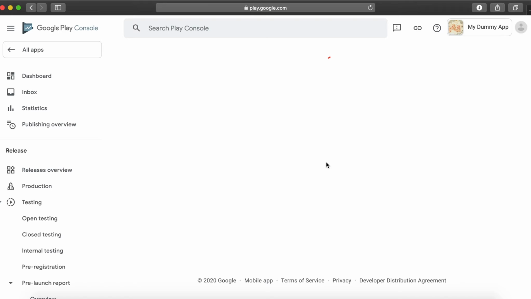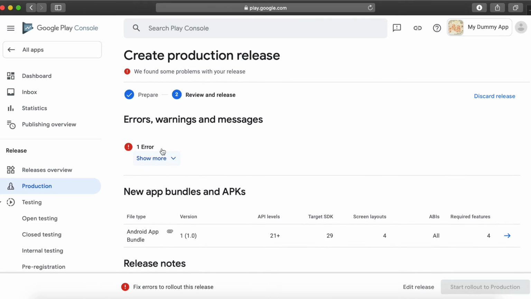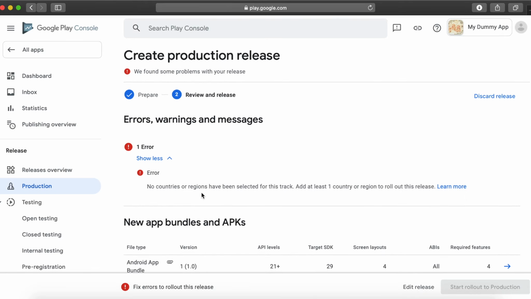Now we are ready. We have one more thing left. We need to select the countries where we want to publish our app.